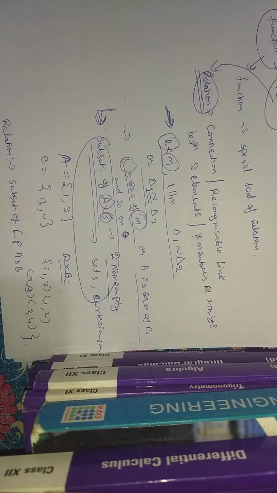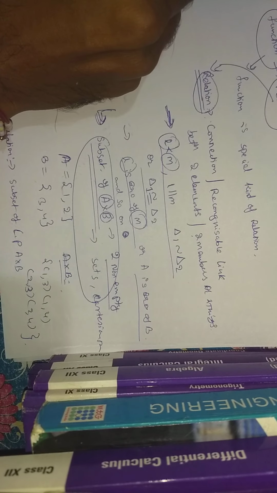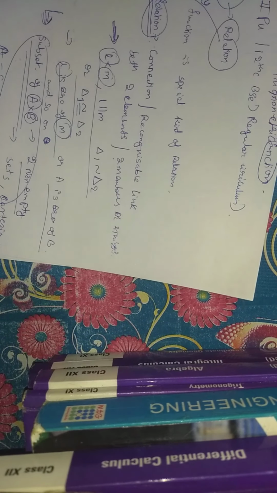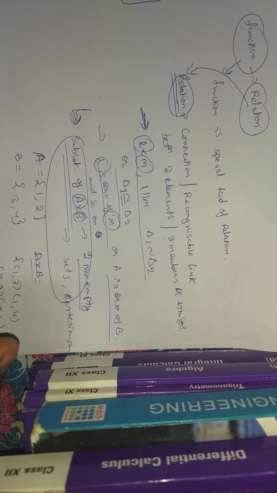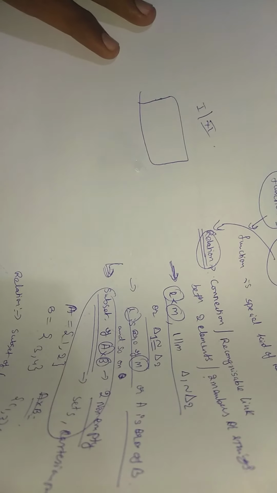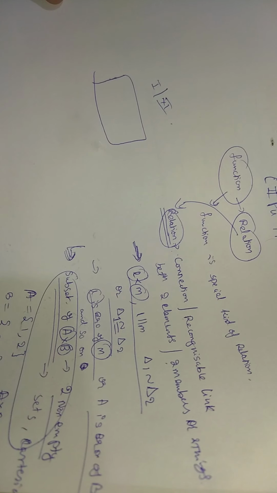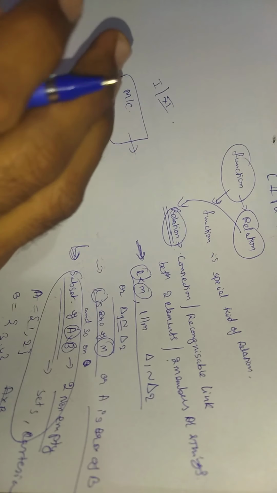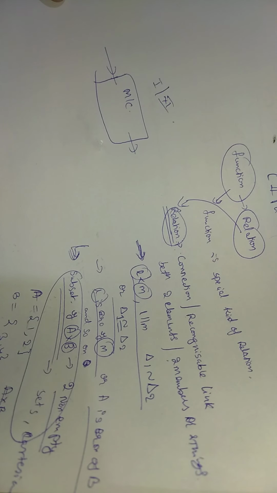Now coming to function. Function is a special kind of relation. Why I was saying this is, before going to this, in 11th or in first PUC, we studied the definition of function. Function is a rule or correspondence which produces new elements out of some given, or function can be thought of as a machine. Function is like a machine. For writing we cannot write this as machine, but for understanding purpose I am saying this as machine.